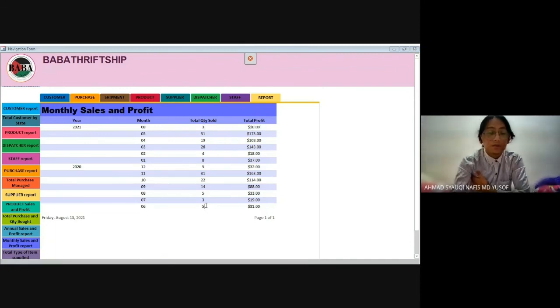Now this report is useful because you can figure out which month in the year has been making the best profit, and in case a month has a bad profit compared to the last month, then for the next month you can take different actions to see if things will improve or go even worse.